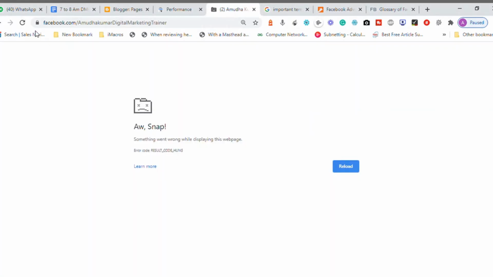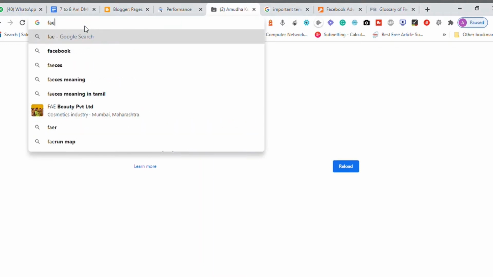Whenever you want to create an advertisement, you need to go to the Ads Manager. Page unresponsive, let me wait. Oh my god, it's taking more time. Let me exit this page and let me try to load Facebook Ads Manager.